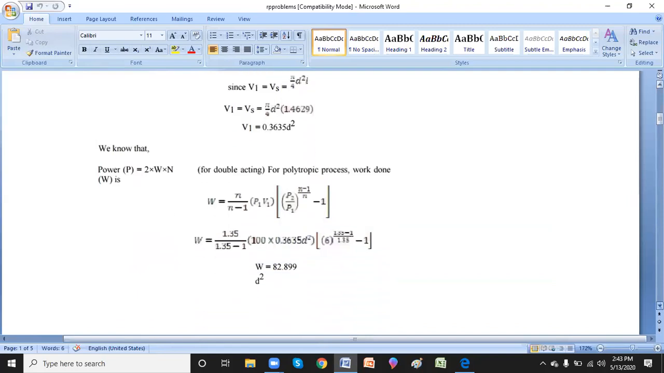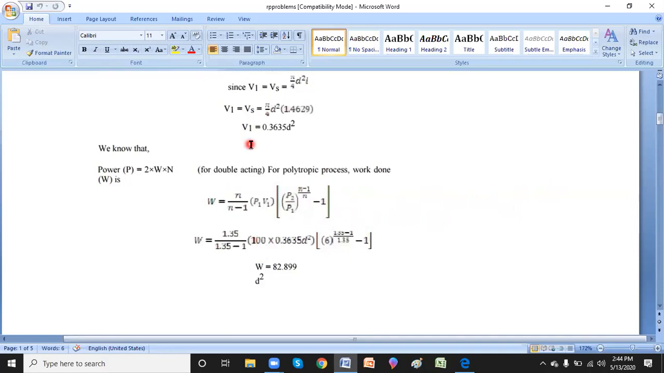Now what is happening here? I need to find the dimension d. Now I know the work formula, that is n by n minus 1 P1 V1 into P2 by P1 whole power of n minus 1 by n, minus 1. You may have a doubt, sir, why is it minus 1 here? If you take 1 minus, you'll get the answer as negative. So to make that positive analytically, it is converted to P2 by P1 whole power of n minus 1 by n, minus 1. Or no issues if you make it 1 minus P2 by P1 whole power of n minus 1 by n. Now I know n, I know pressure P1 converted into kilopascals, and